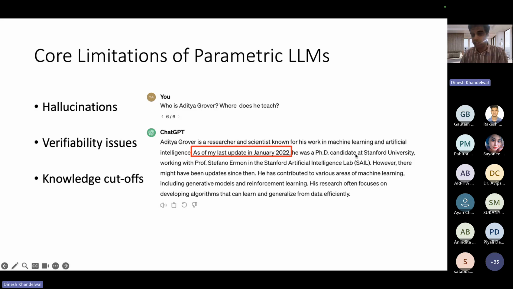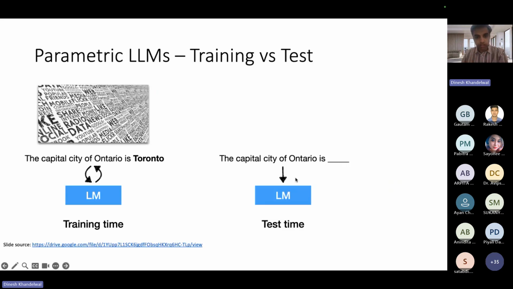He's a PhD student at Stanford, so its knowledge is not up to date. So,